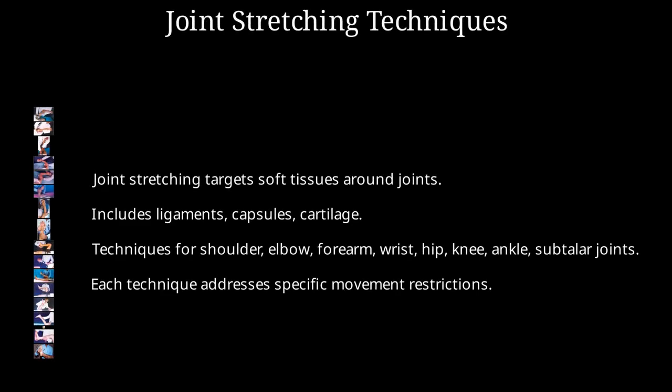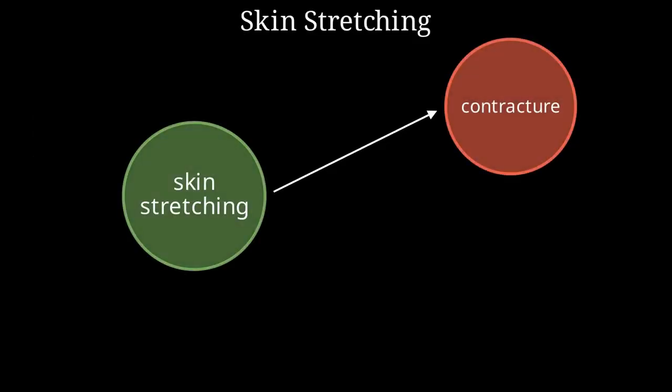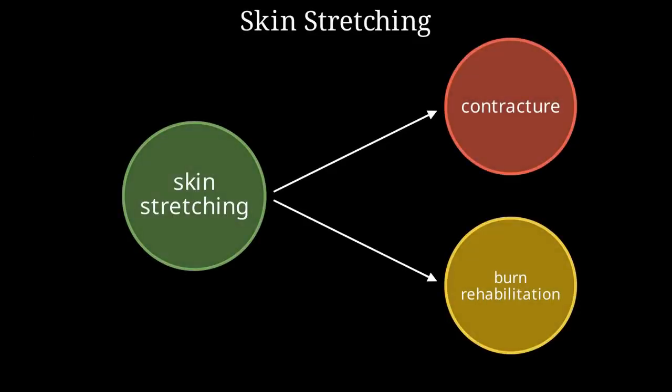Joint stretching targets the soft tissues around joints, including ligaments, capsules, and cartilage. Techniques are described for the shoulder, elbow, forearm, wrist, hip, knee, ankle, and subtalar joints, each addressing specific movement restrictions. Skin stretching is used for contractures caused by burns, immobilization, or trauma. The technique involves stretching the skin in the direction of restricted movement, similar to joint stretching,